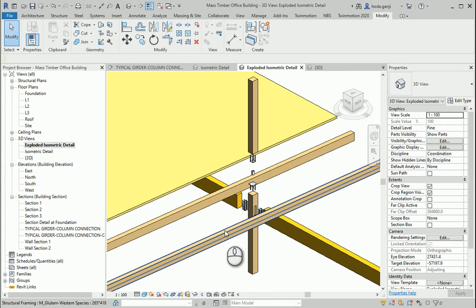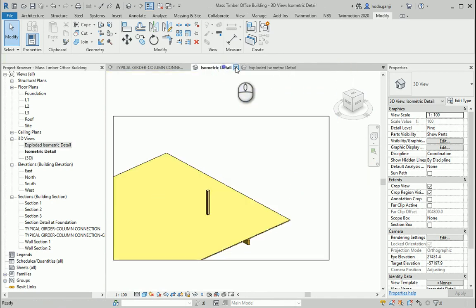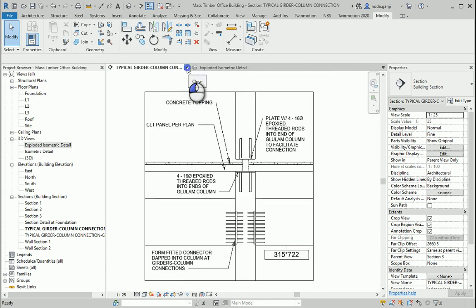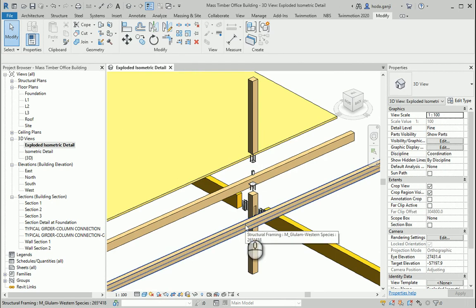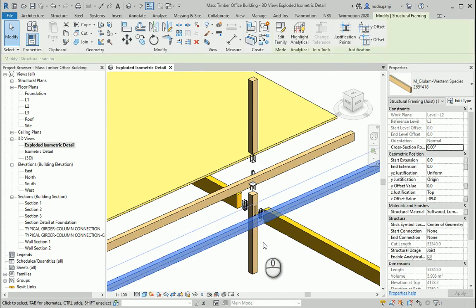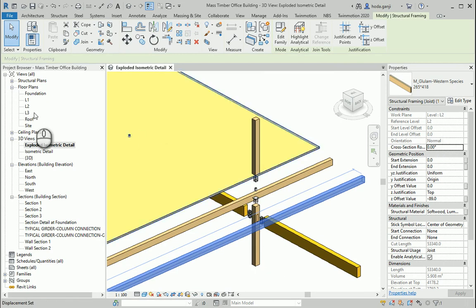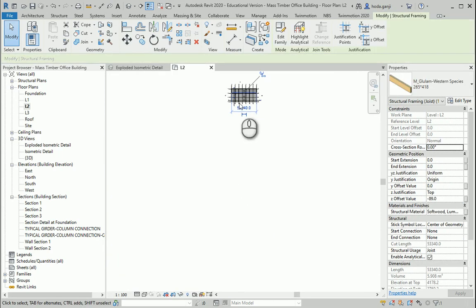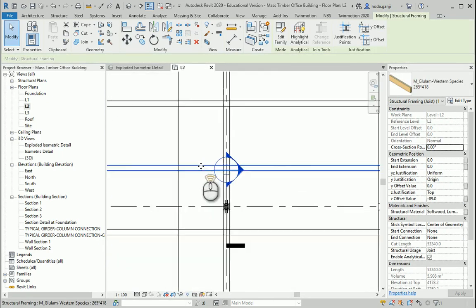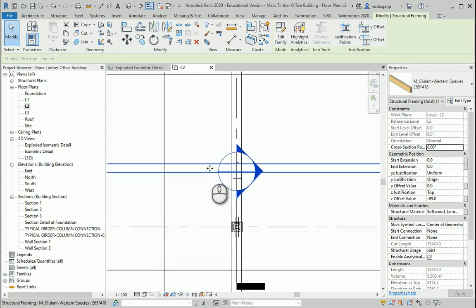So maybe I could do that for this joist and this joist, which you can see in this view. So maybe let me close some of the tabs in here, and I want this joist, I wanna edit that one, so it's on level 2. I need to open level 2, and this is the one we are talking about.